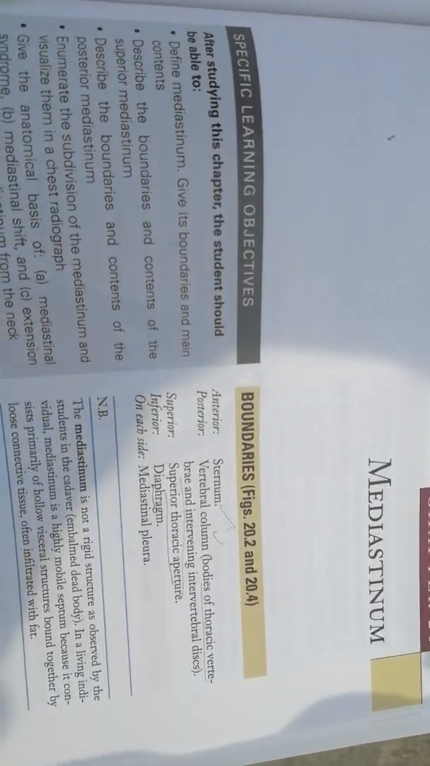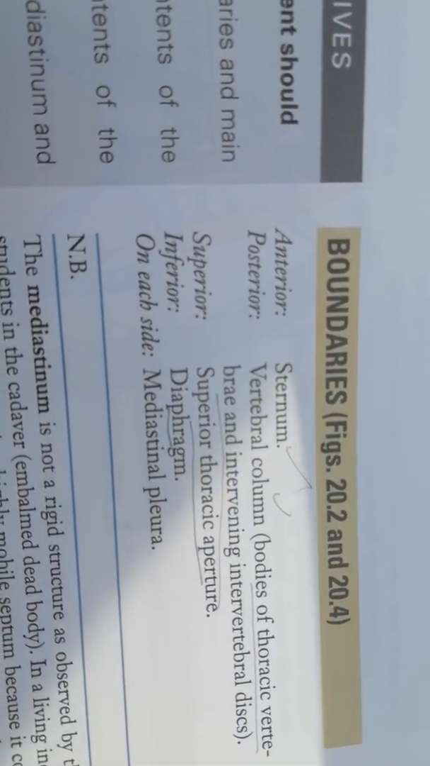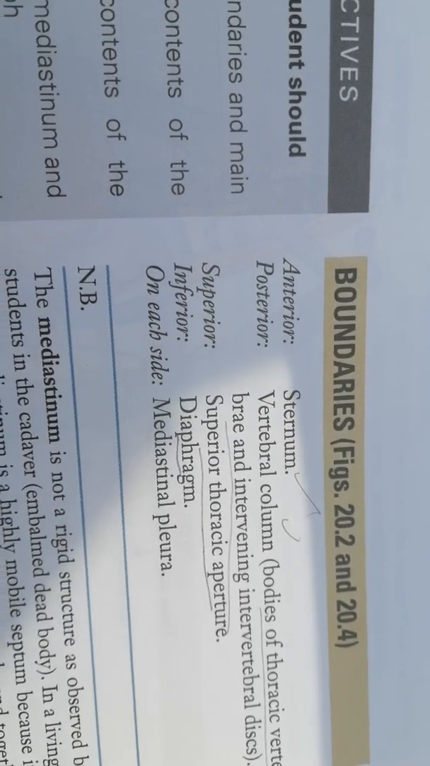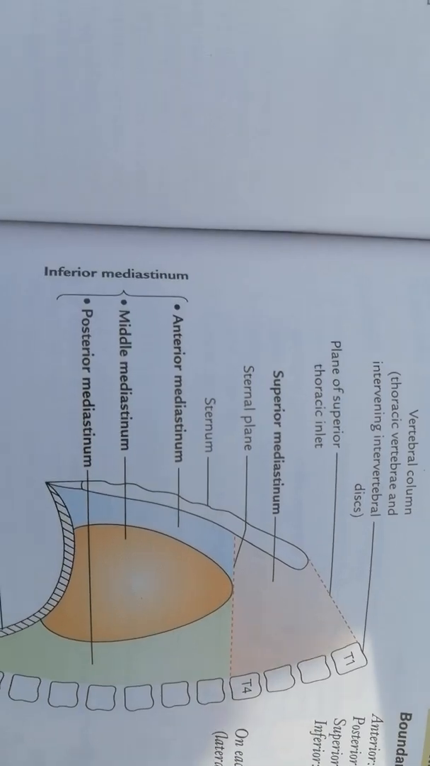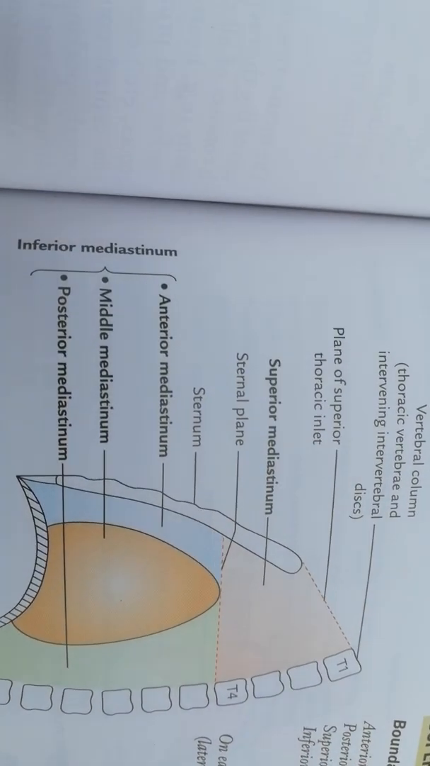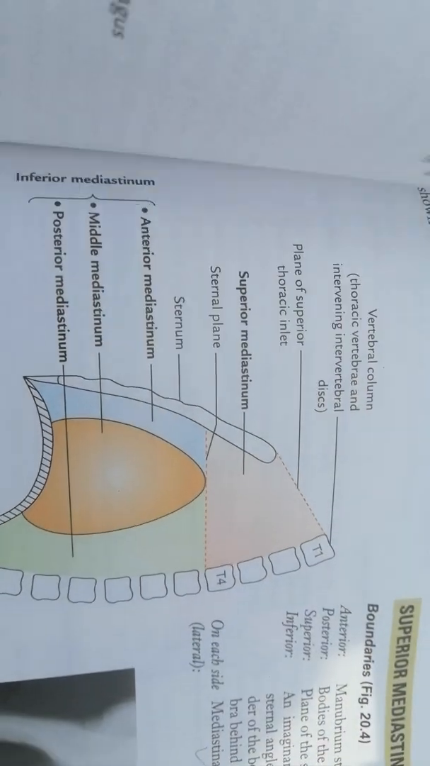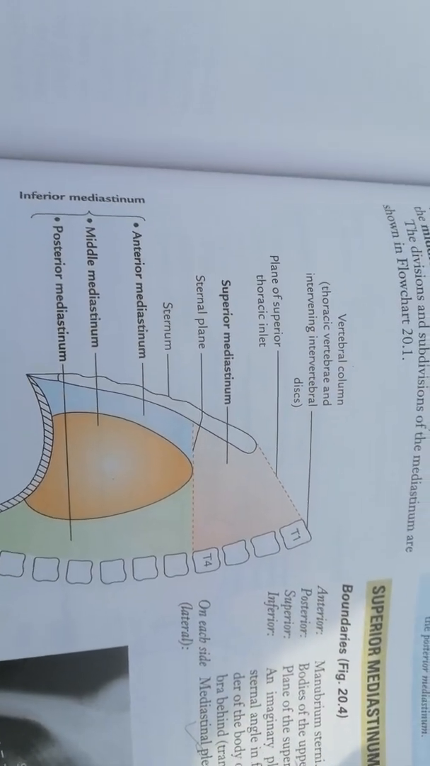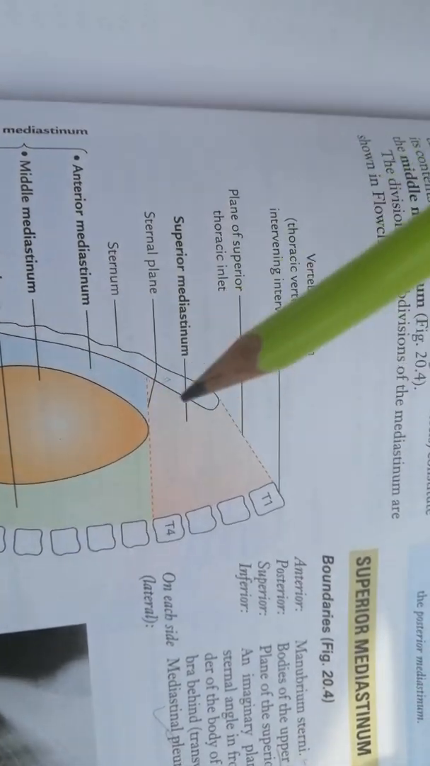Now, going towards the boundaries of the mediastinum, I'll show from the diagram. On the anterior side there is the sternum, and on the posterior side, I'll show from the pencil, in the anterior side this is the sternum, and on the posterior side this is